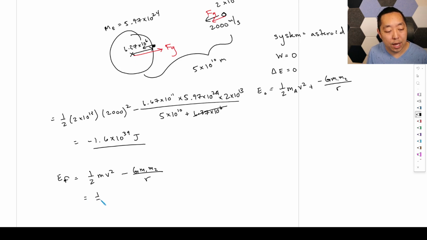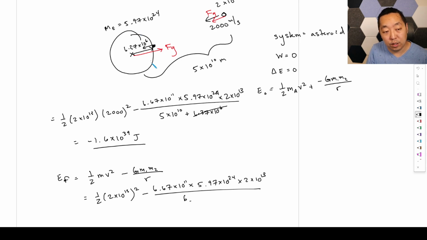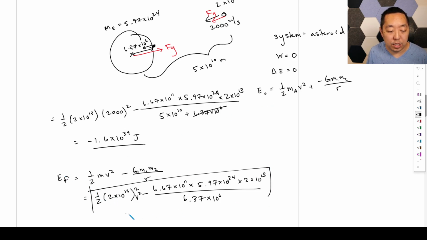Okay, so this is going to be 1/2 times 2 times 10 to the 13 squared minus 6.67 times 10 to the 11 times 5.97 times 10 to the 24 times 2 times 10 to the 13 divided by the distance, which is now, just because it's very close, it's hitting the surface of the Earth, or like the atmosphere, 6.37 times 10 to the 6. Oh, there's a v squared here. And because that's our expression for the final energy, and because there's no change in energy, this number here is going to equal